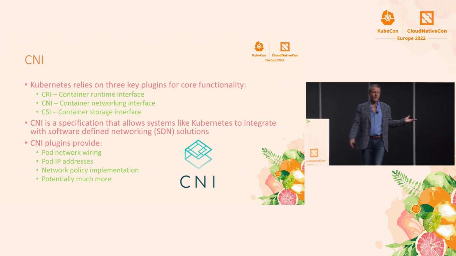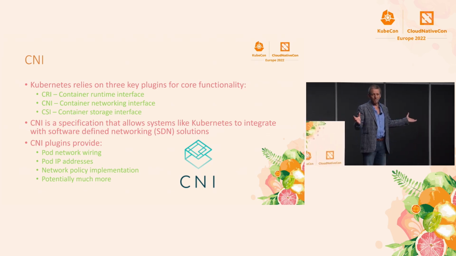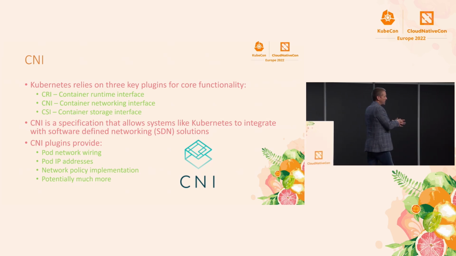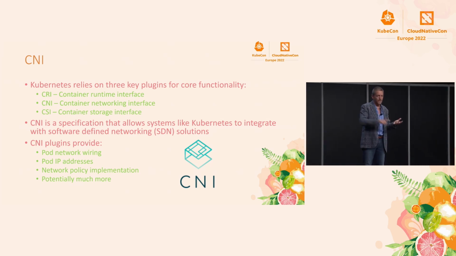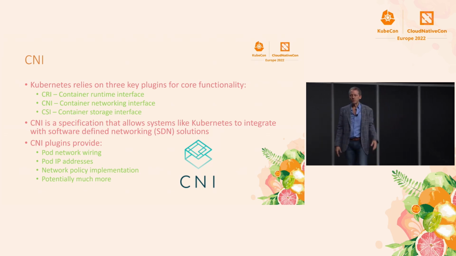They can just use routes, right? You can give every host a subnet, and then the plugins can discover each other's subnets through lots of ways, gossip, or they could use etcd to save all that information. And then once they get an outbound connection, they can say, oh, yeah, that IP address I know is on that host, so I'll just route the traffic. They don't have to encapsulate it or do anything like that.